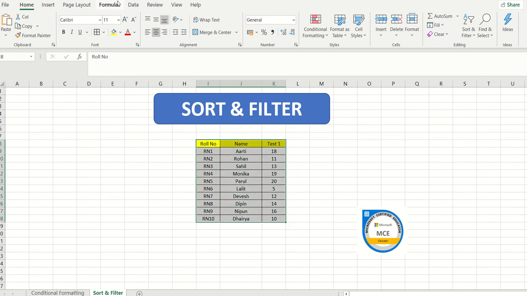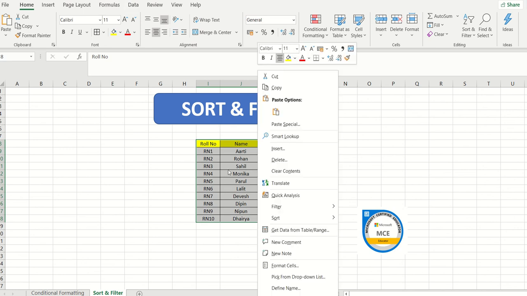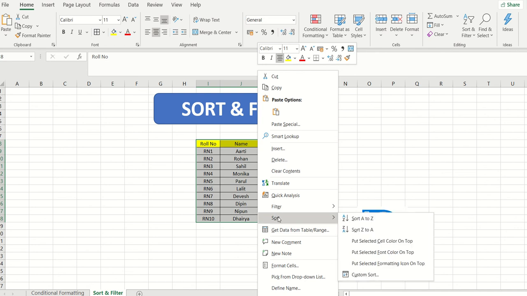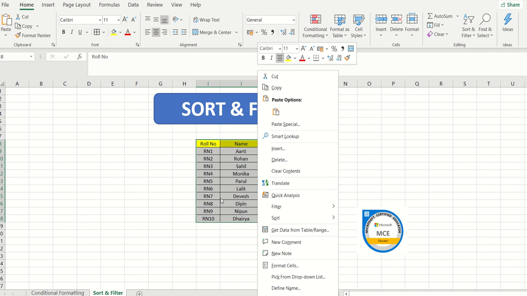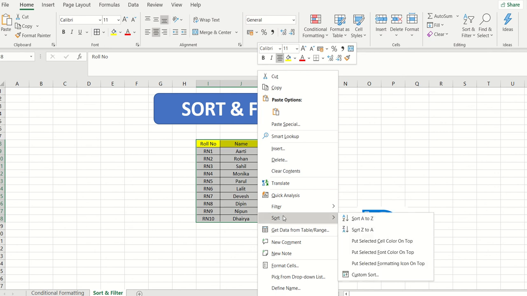Okay, and then I can go, see people, there are two ways. Either you can go to the data tab where I'm hovering my mouse, or you can go this way as well. So it is all up to you. So let's go through that, because this is how you people can do it also. Either you can go through the data tab given on the top, or you can select your data, right click on it, and the sort function is given over here also by right clicking on the mouse.